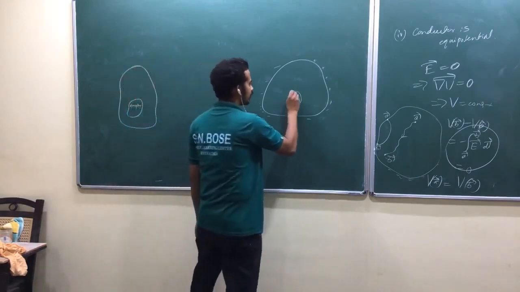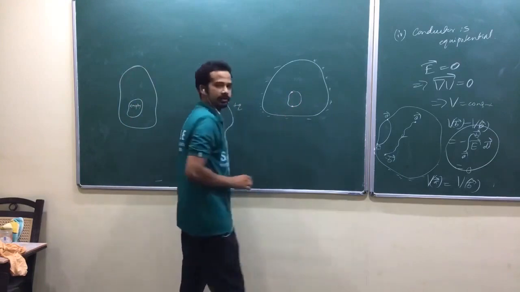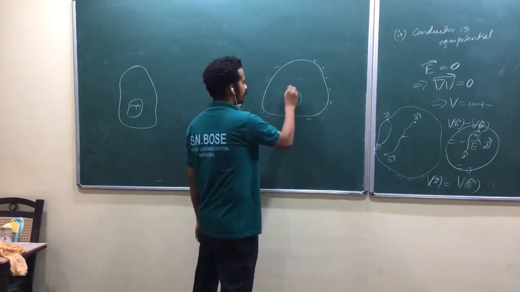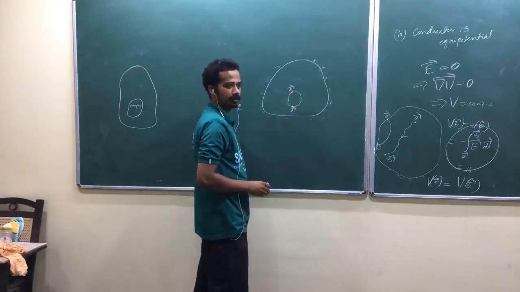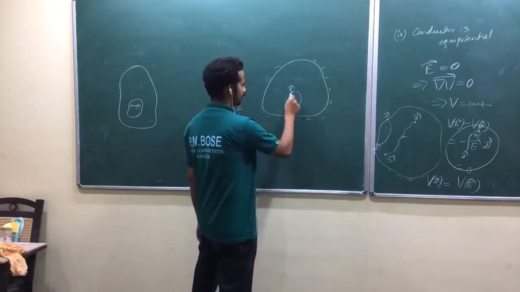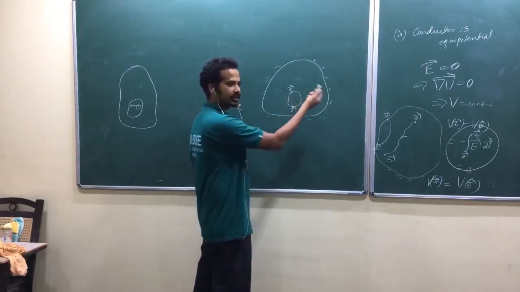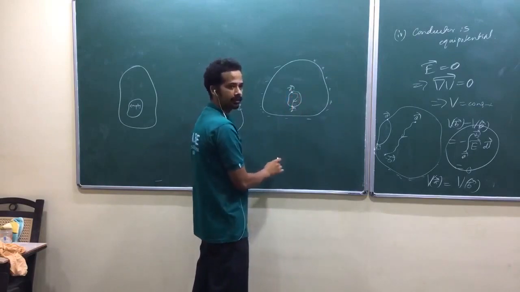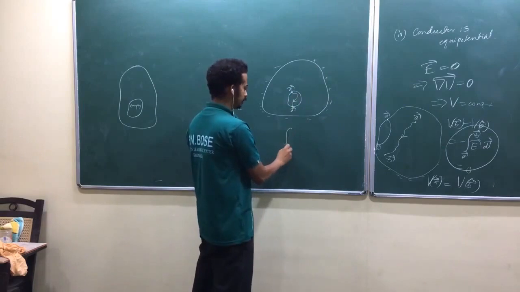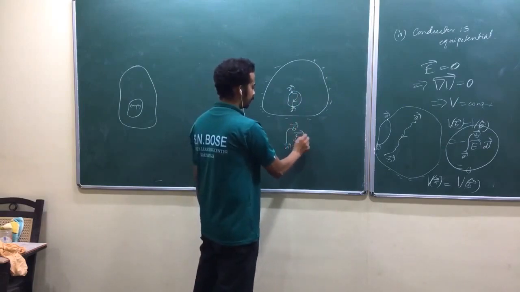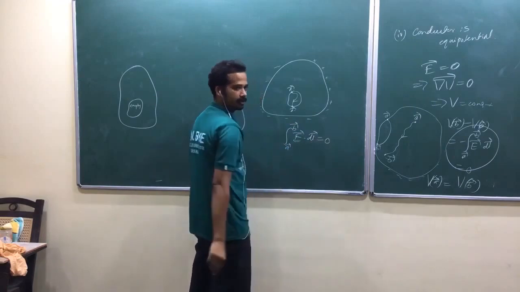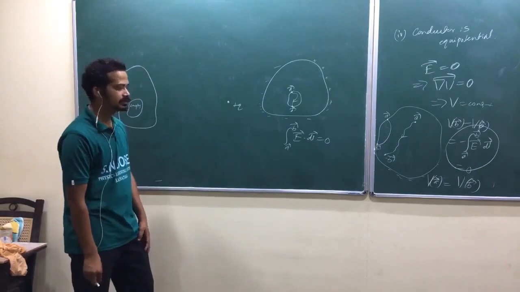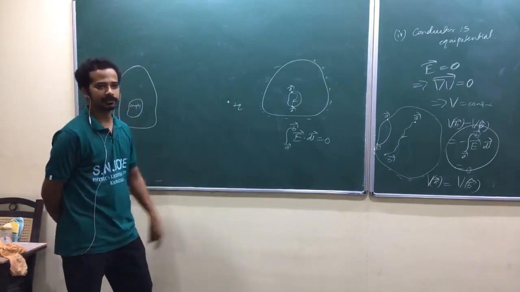Okay. Now look at here. I am going to take 2 points inside the cavity, I mean, on the surface of the inner cavity, point A, point B, arbitrary. Now run your line integral in any manner from A to B, so that the line integral from A to B of E bar dot dl bar should be equal to 0, am I right? For any path, isn't it? So why is that 0 for any path? Because electric field is 0.